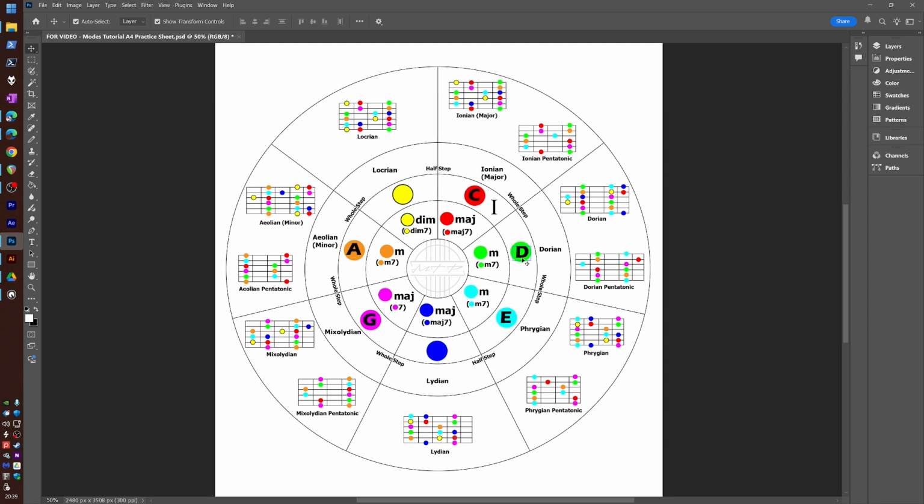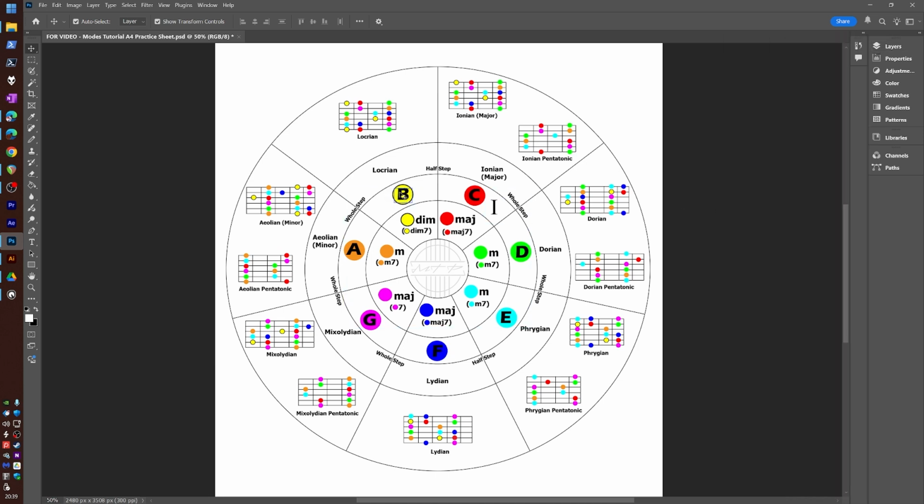Now, I've never actually gone in depth on the CAGED system. I've not really watched any videos on it. I kind of get the gist of it, where they use the C-shaped chord, a G-shaped chord, a D-shaped chord, and an A-shaped chord, and an E-shaped chord, and there's this relationship. And I don't know how this relates to what I'm presenting here, but I understand that there is a CAGED system, but I just thought it was interesting to show you that. So let's get back to these